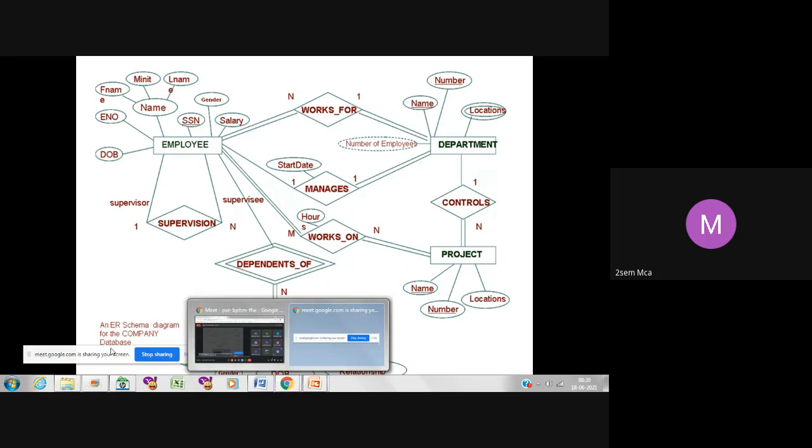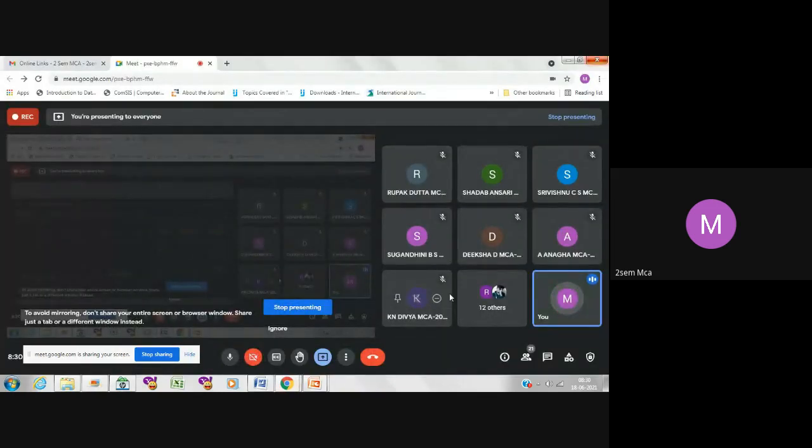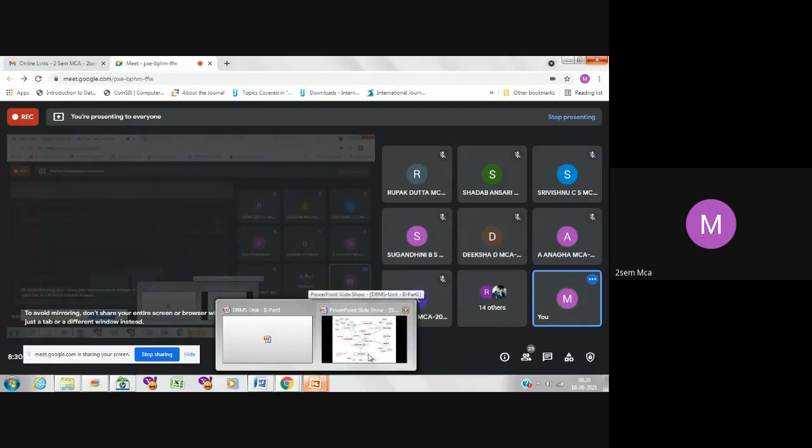Yes, so in today's class, I will be once again revising the 7 step algorithm for converting the ER diagram to a relational database. I think a couple of you had asked for it, regarding how to convert, and you wanted me to repeat that. That is the reason I am repeating this concept today. What are the different steps once you are given the ER diagram? How can you convert the ER diagram into a set of tables? This is what we are going to see.